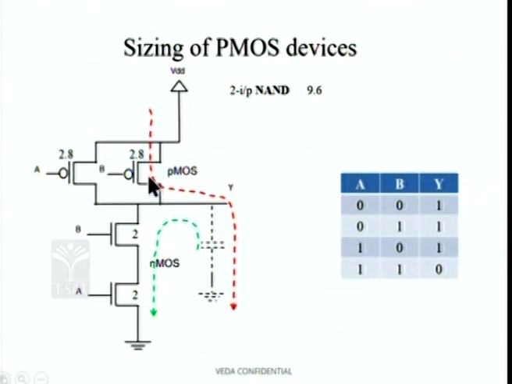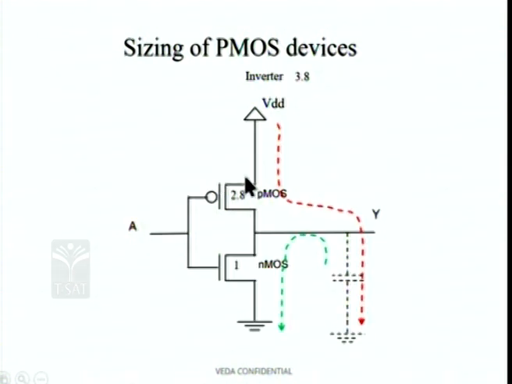A single device, the charging happens here, but the discharge is happening through two devices in series. Now, if these two devices are in series, their resistances will add together. Therefore, if this is R on for an N device and this is also R on for an N device, the total resistance will be 2 times R on, which means that now in an inverter, when we did that, Rp, the resistance of the P device, is the same as the resistance of the Rn device, that Rp is equal to Rn.